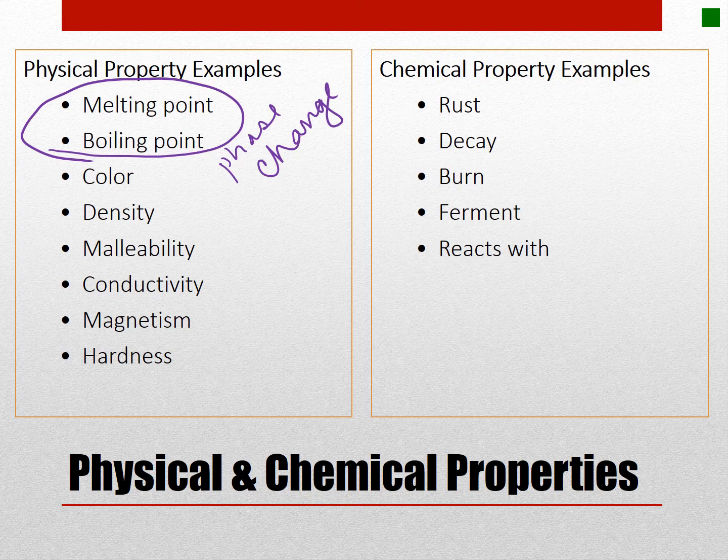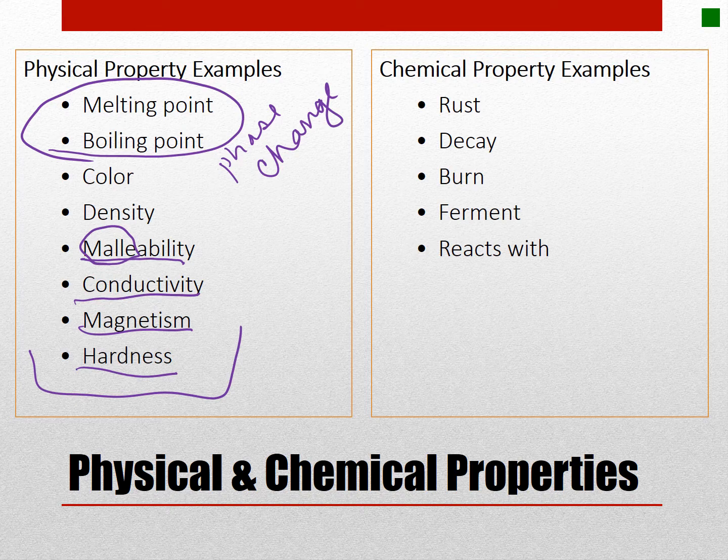Color, density, so how dense is it? Malleable. Just to let you know, I always see the word mallet in it, and malleable means to be able to be beaten into thin sheets. An example would be aluminum. Aluminum, the metal, can be beaten into thin sheets to make aluminum foil. Conductivity, can it conduct electricity? Magnetism and hardness. Note, whenever I look at any of these properties, I'm not actually changing what it's made out of. I'm just